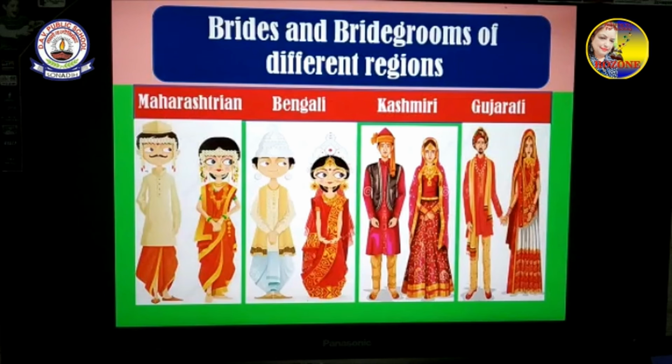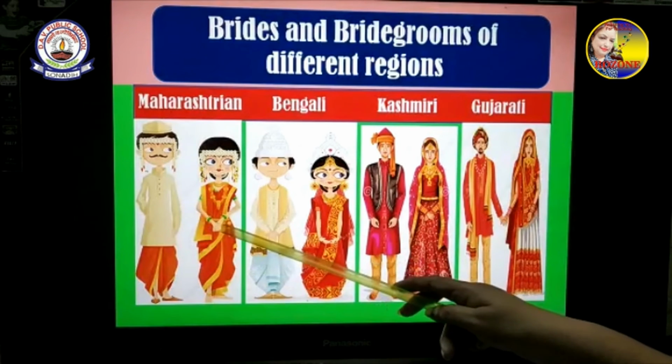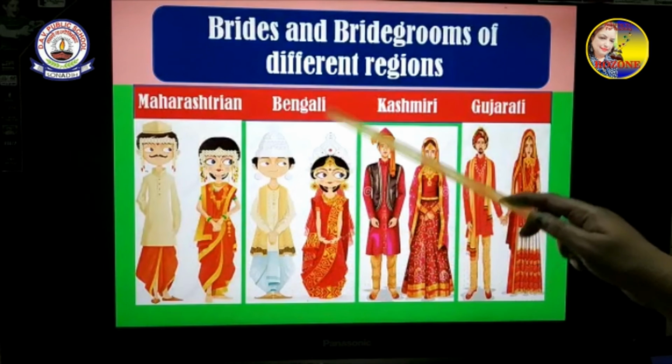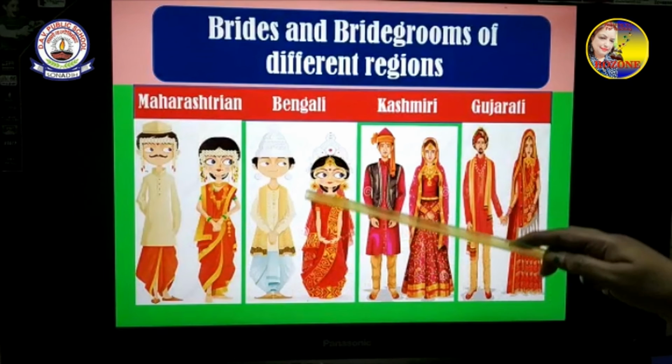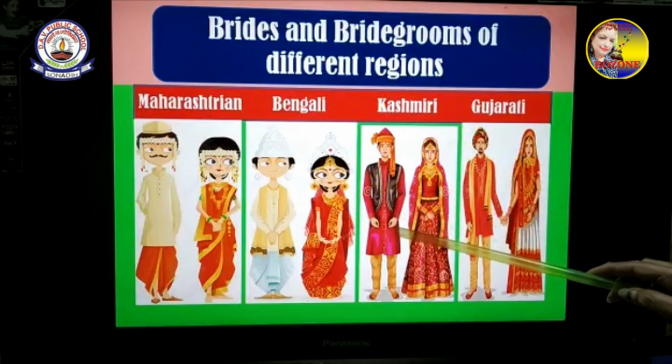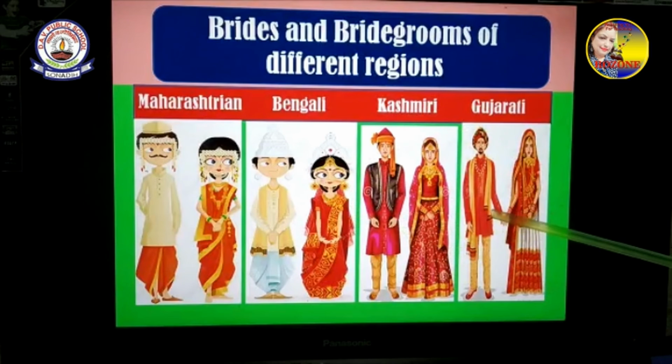So different region, if you go to Maharashtra, the style of the dress is like this, Maharashtrian dress for the marriage, and Bengali dress in this manner. You go to Kashmir, the dress of the bride and bridegroom is like this, and here you see Gujarati bride and bridegroom. So you see the bride and bridegrooms also have, so dresses are based on different culture as well